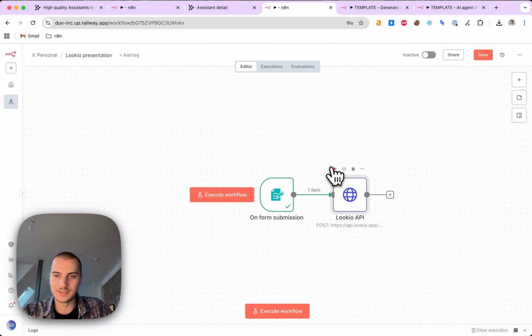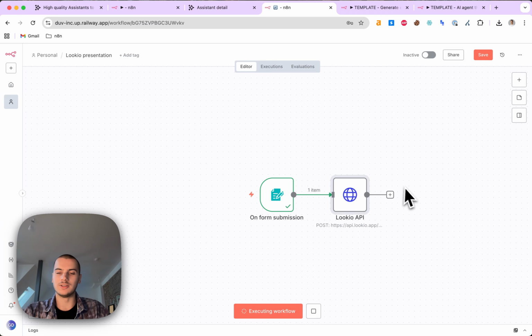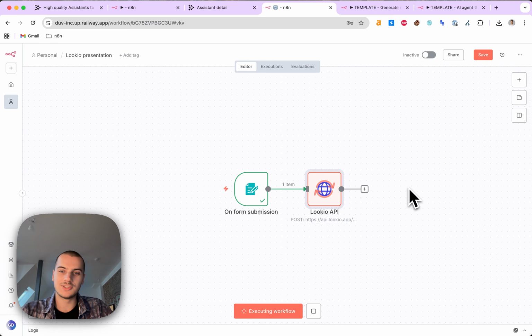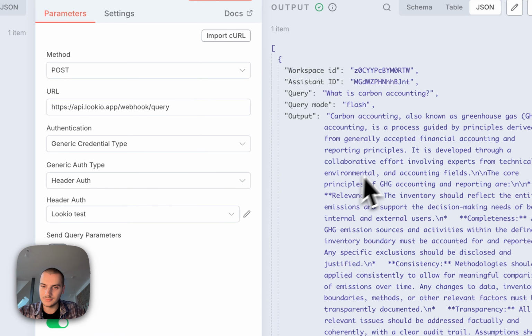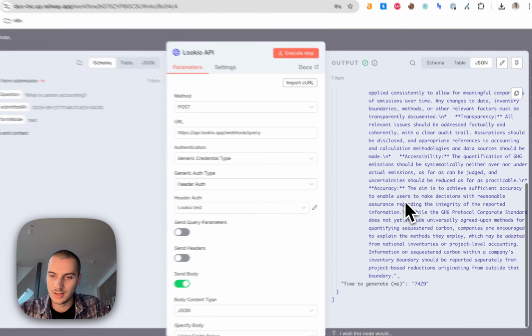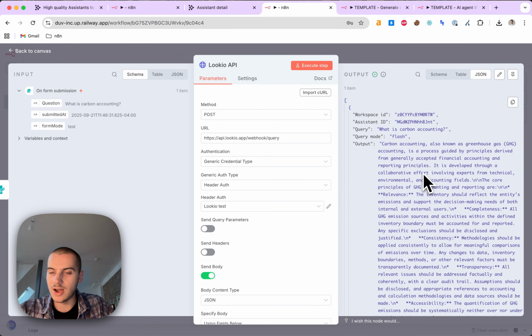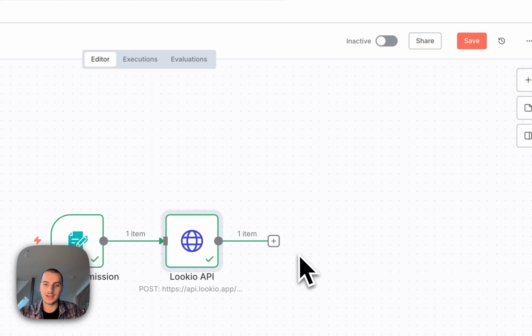And now if I run this node, we will see that Lucio will generate the answer using the assistant, using the resources that we have uploaded, and answer with the flash mode. Here we are. In 7 seconds, we got our very good quality RAG answer generated within N8N, and we can, for example, show that as a form ending